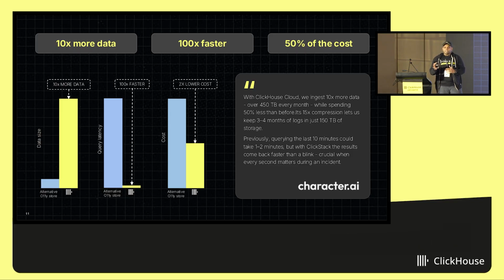So as always, we want to talk about what our users are experiencing with this. Character AI is one of the first early adopters of ClickStack. Their problem statement was they were not able to capture enough information. They were stuck with 1 to 2 weeks of data. Next, every time the engineers were trying to navigate the system, or even write a simple query, it took them 10, 15 minutes to get a response back. The third most important thing we've been discussing is it was prohibitively expensive, and the cost was going even higher.